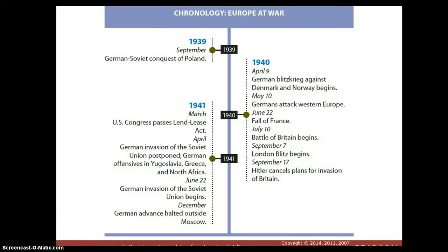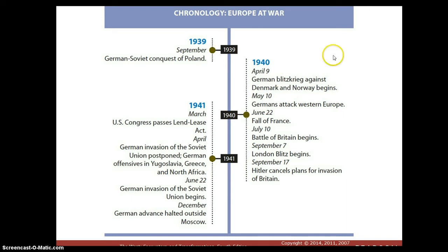Okay, before I even move forward here, let's take a look at this chronology just for a second. So 1939, German-Soviet conquest of Poland. Remember, the Soviets and the Nazis, who are inherently enemies, make this pact and they divide up Poland. Poland gets caught in the middle of these two big guys, and one half goes into the Soviet influence sphere, and the other half to the Nazis at the expense of the Polish.